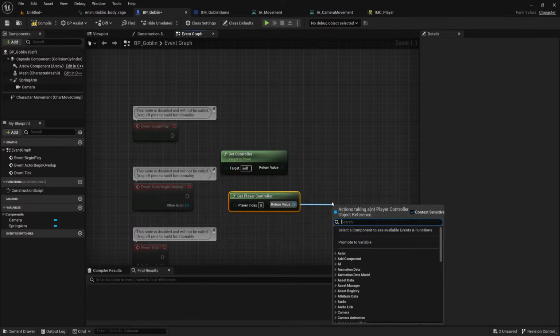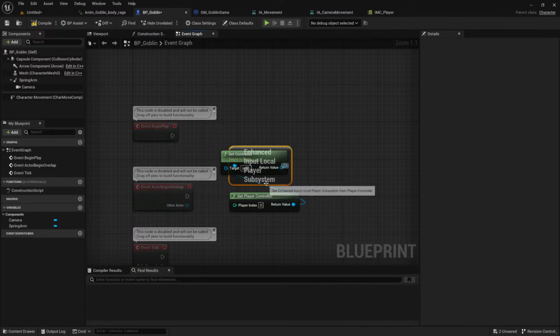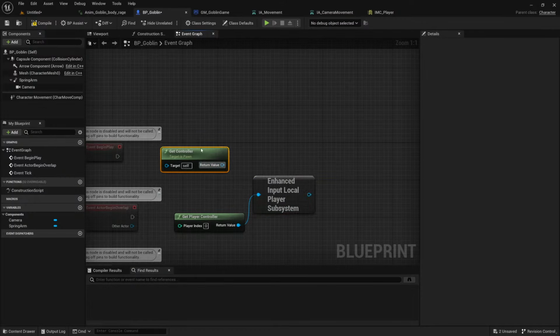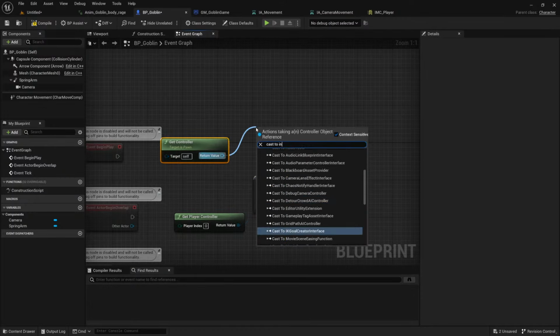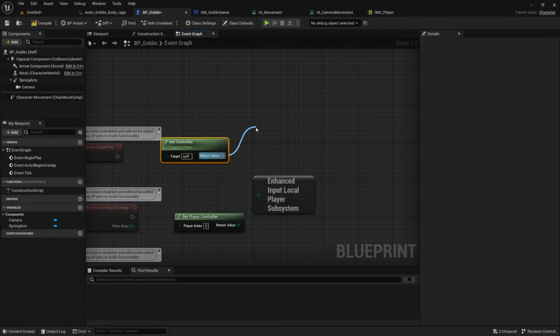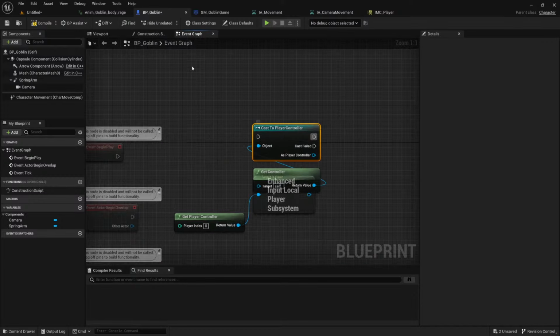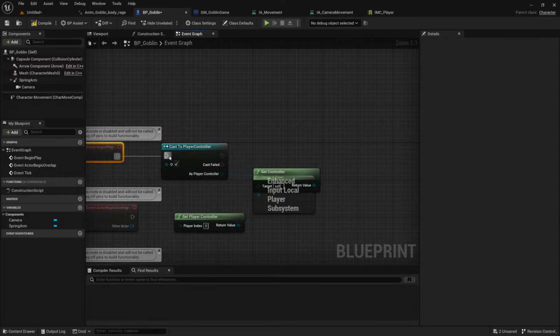And here you will have the enhanced input local player subsystem. Another way to get it is get the controller, cast it to player controller, and I will do it like this because it's possible